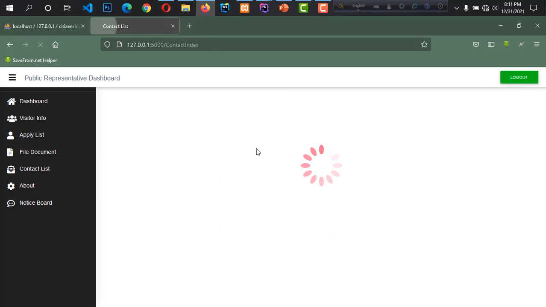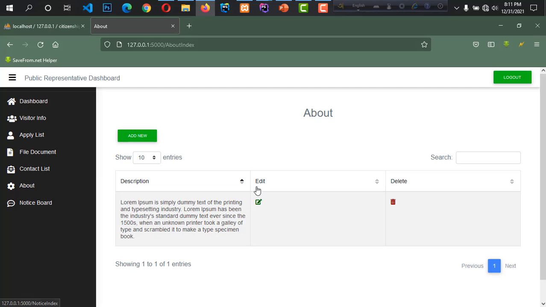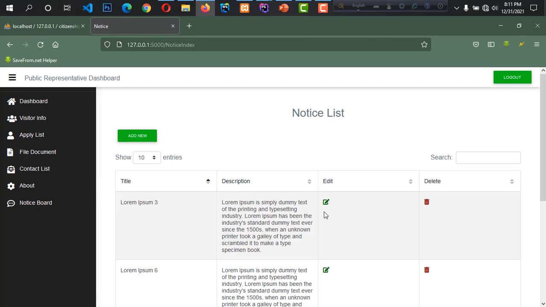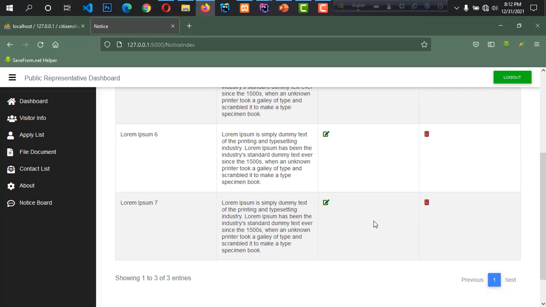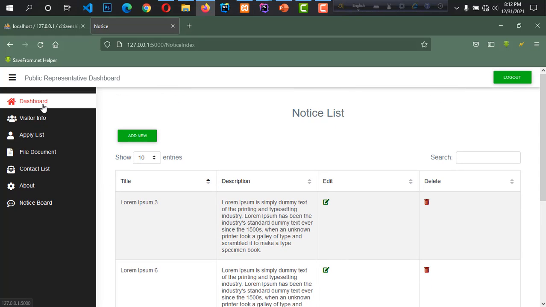Contact list, here he can see the messages which were sent by users. This is the about page. He can edit or delete this about page. And notice board, public representative can update and delete any notice. So that's all about public representative.